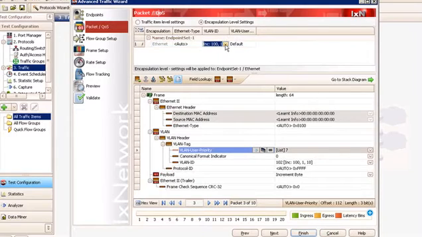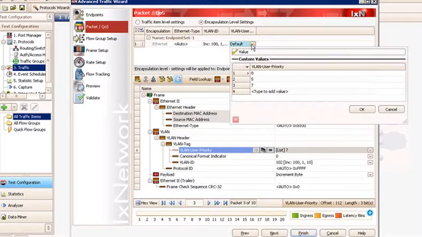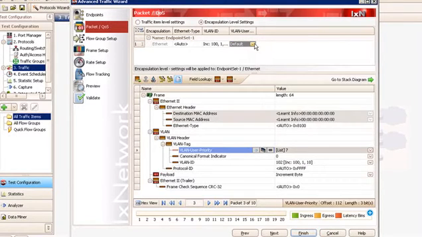Now, because I can have multiple encapsulations, I also provide a list up here, and we have drop-down values and easy editing of things like any field that you're editing, including, in this case, VLAN ID or the VLAN priority, are now also available for edit on the top list box. But now I'm finished with this screen,